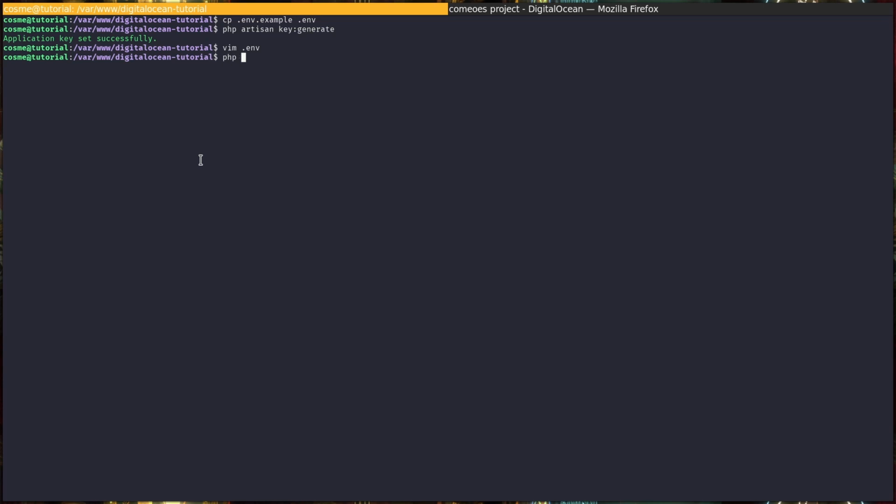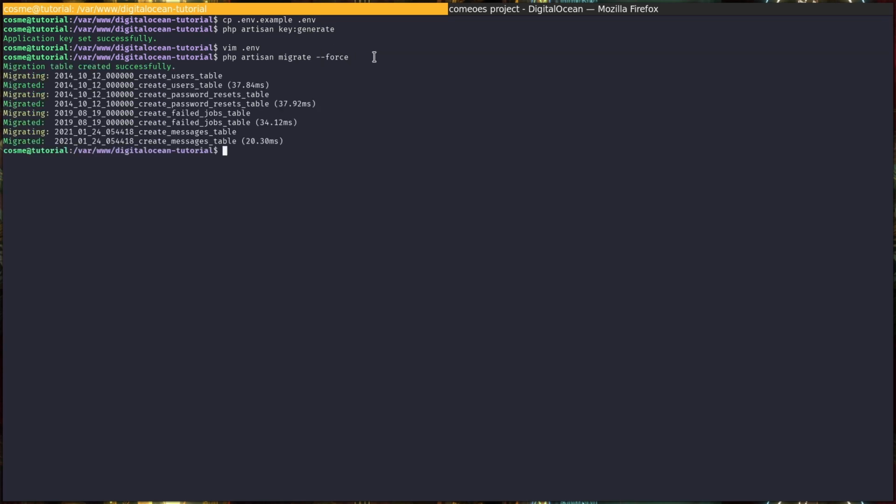So I'm gonna do php artisan migrate, and then since we are in a production environment, I'm gonna pass the force flag. So now all the migrations were run successfully, so that means our tables were created. And let's go into the next step,